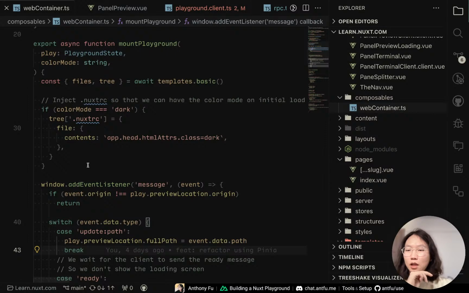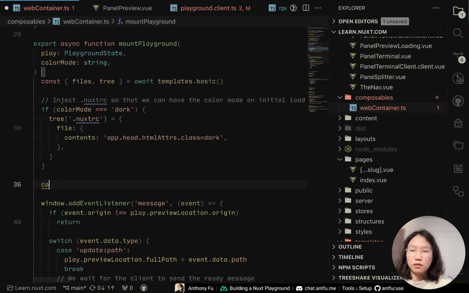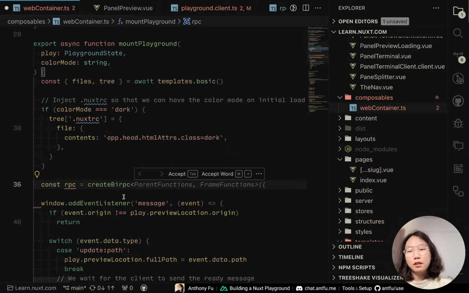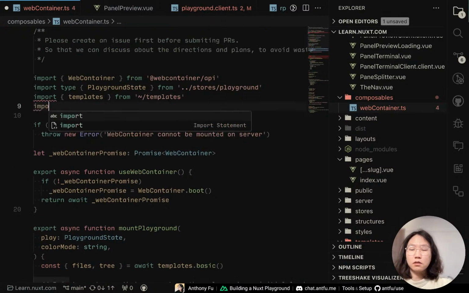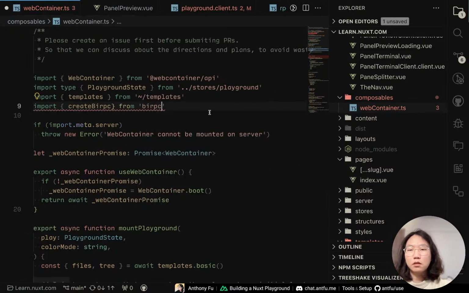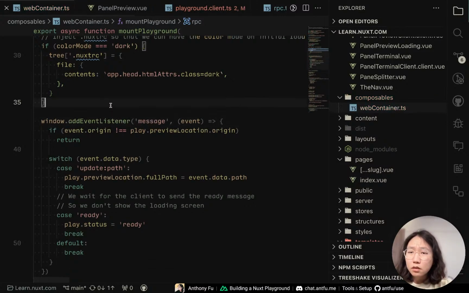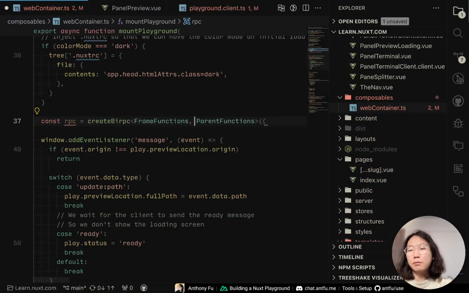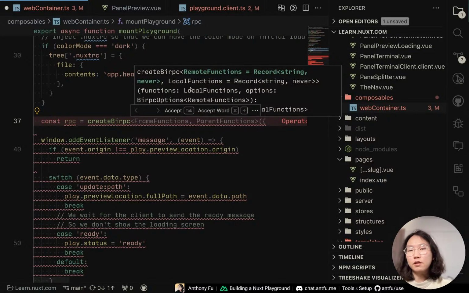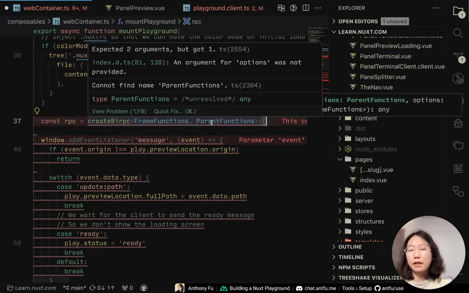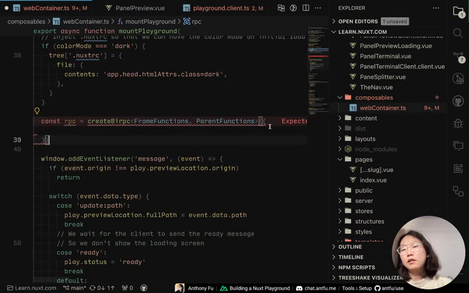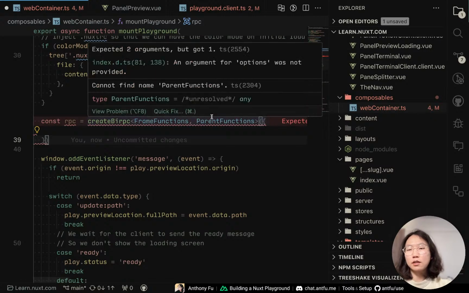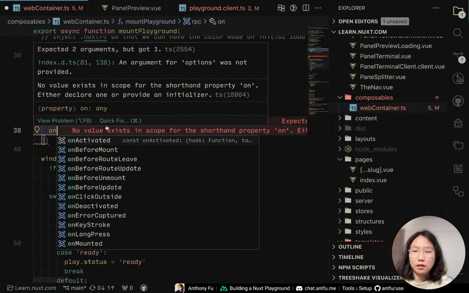Web container thing. So here again we have the RPC here. So we have const RPC, create RPC, BRPC. Yeah. And okay, what happened? All right. And here again, is there any syntax error? Again we have a create BRPC, right? And the first remote function now becomes the friend functions, and the local function will become the parent function, because we do it in reverse. So the BRPC is isomorphic, so it works for both sides. We're just changing the two generics into different positions, and then we can implement the